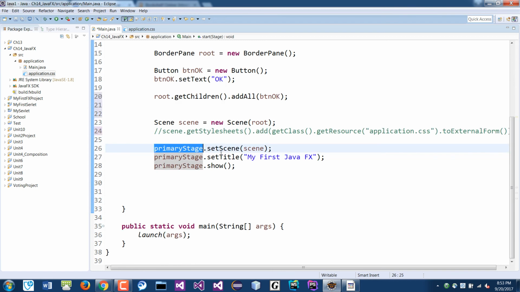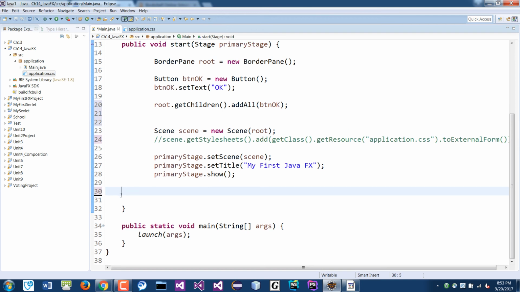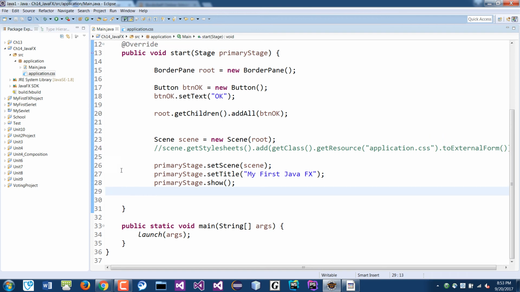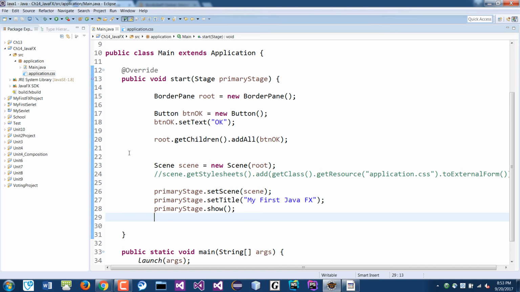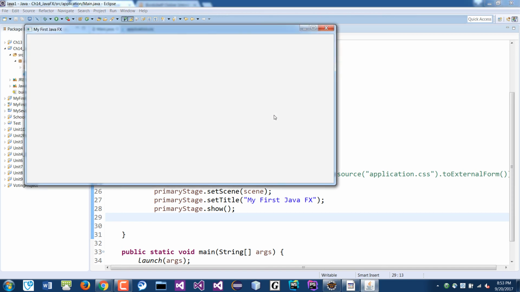Once you have the scene, you need to add the scene to the stage by using setScene, and add the scene object to the stage. If you want to put a title, you put it here. Otherwise, after that, you need to show it. If you don't show it, it will not work. You won't see anything. So you have to show the stage. That's pretty much the order of how you would write your application in JavaFX. And if you run now,